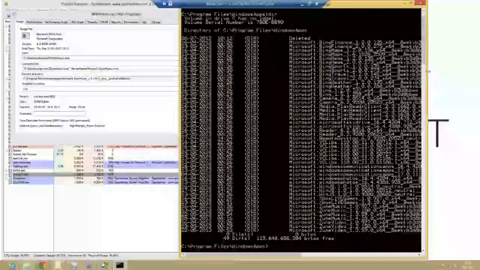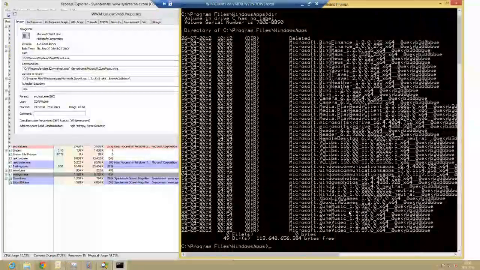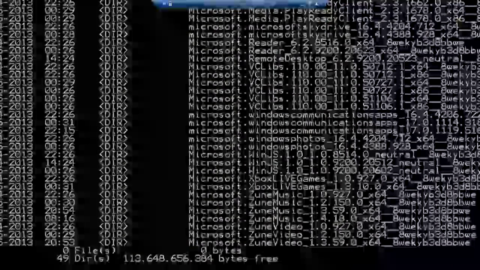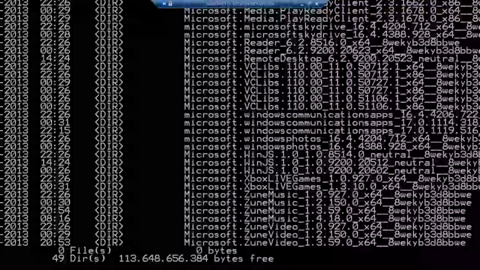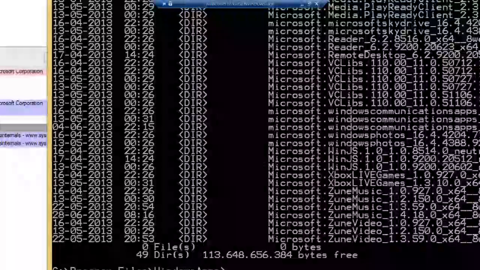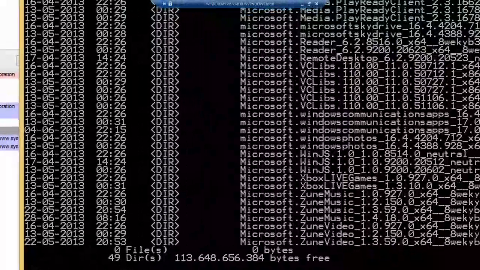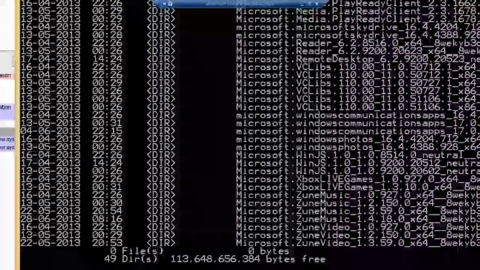And see what's in there. Now, you will notice quite a long list. And one thing you will notice is that some applications are there multiple times in multiple versions. And this creates